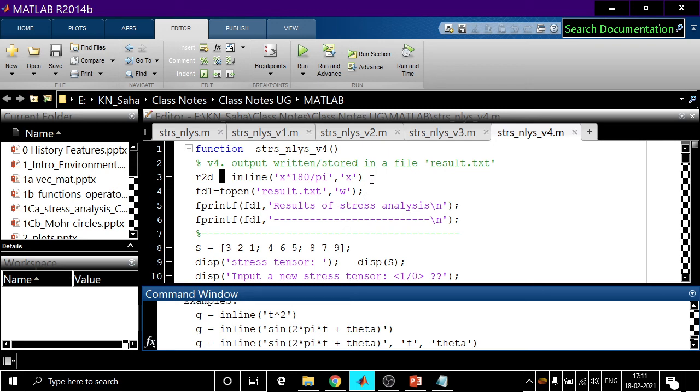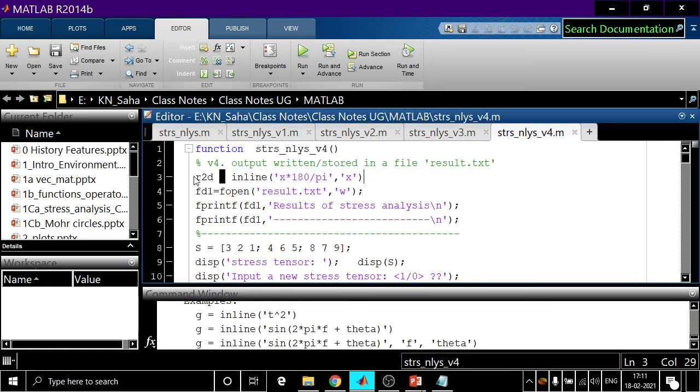Here, what is our inline function? Its name is R2D, right? What is the argument? We have a single argument, x. And what is the output? This x into 180 by pi, because pi radian is 180 degree. So it will convert this x in radian into output in degree. 180 by pi converts radian into degree. Is this clear?